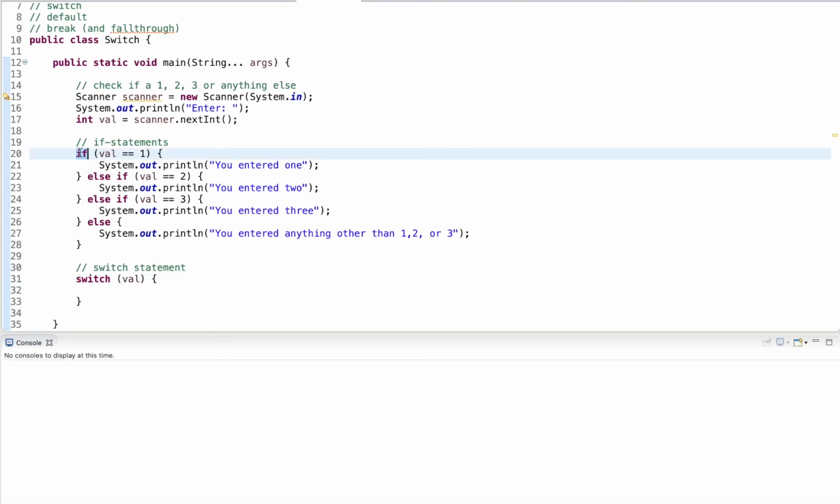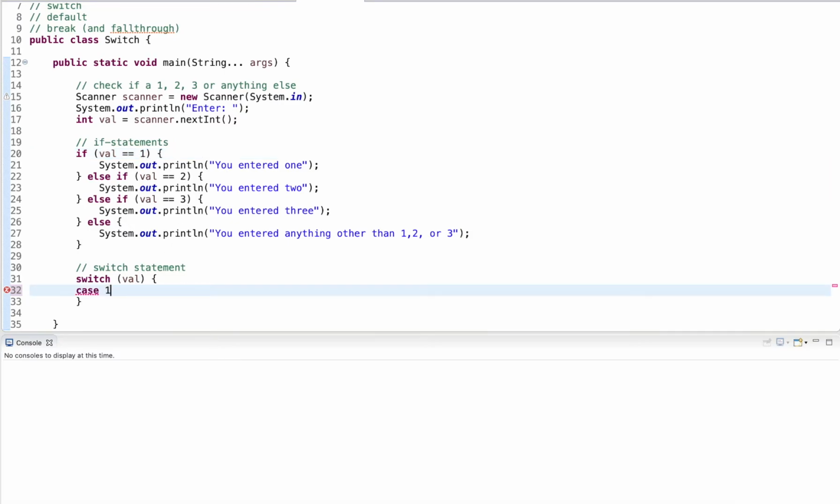So it's kind of like an if here, a condition, and then a code block. But I don't write a condition. I really just have a single value that I want to check. And then I want to check that value for specific cases. And the cases are my constants that I'm checking here. The constant literals in this case, 1, 2, or 3.